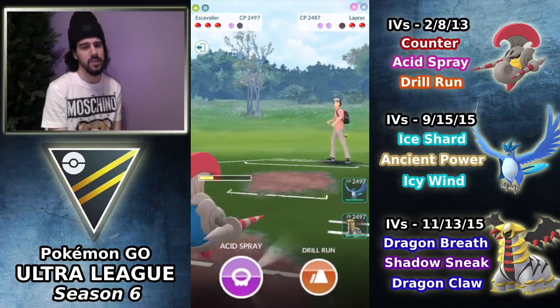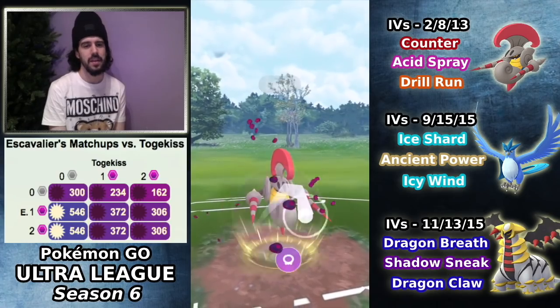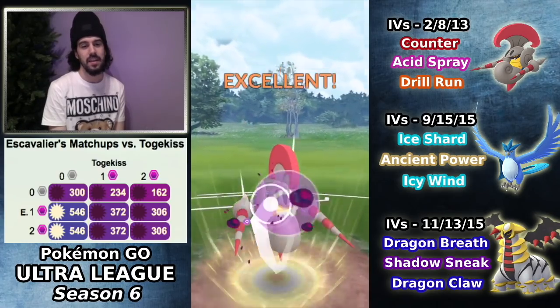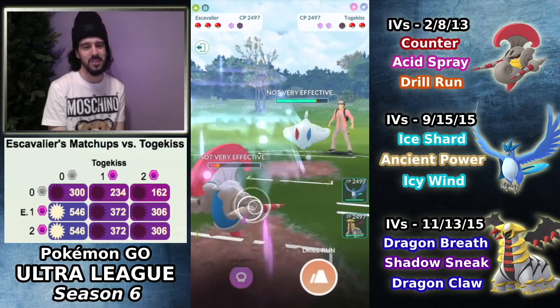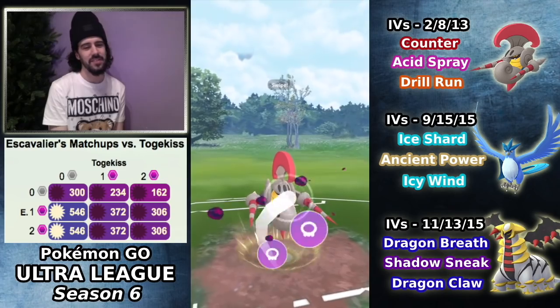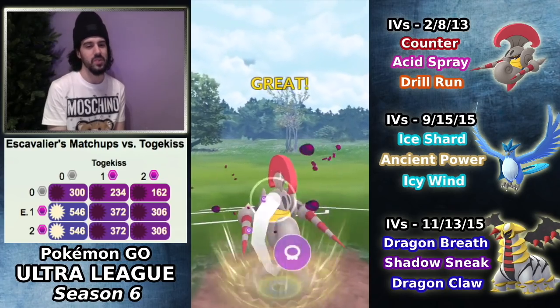And he's going to bring in the Togekiss. So at this point, obviously, Acid Spray is the move that's going to be doing the most damage. It doesn't really do much, but you can see it is lowering the defense. Lowering the defense doesn't really matter too much because he's going to switch out as soon as I bring in